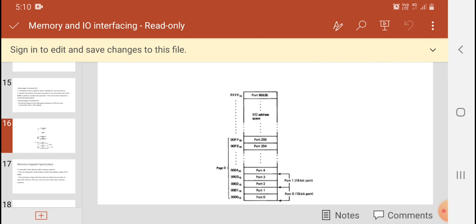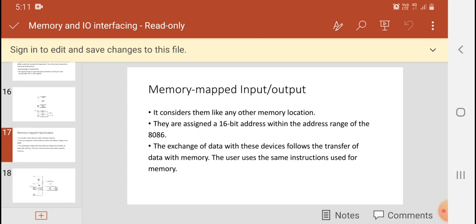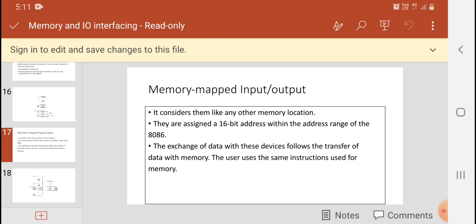So this is the way I have input output devices, and all have port addresses. I can connect nearly 2 power 16, 65,536 port addresses in the 8086. Coming to memory mapped, a part of the memory is assigned for interfacing, so there is no need of special instructions like IN and OUT. IOR and IOW can be the instructions used, but only 16-bit addresses are used, not the entire 20-bit address. The port address is only 16-bit, so 2 power 16, 65,536 port devices can be connected.